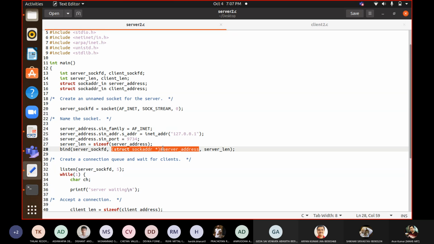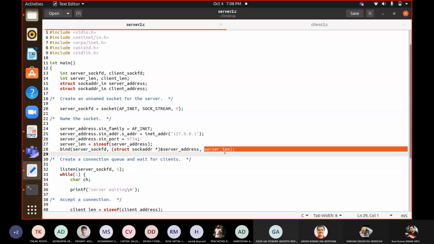After the ampersand, you have taken its address, wherever it is stored in memory, the first location of that. So that is a pointer. Now struct sockaddr asterisk is a pointer to that. And then finally, the third thing is server length, which we have calculated using sizeof. So using this, we have created a binding.